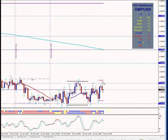Now you can see, look at this candle. That's a failure at the highs and a failure at the resistance for the moment. And this, of course, is Friday's low, which is where it is at the moment. So it's either going to go up again and break out, or it's going to fall all the way back to 58.20 and break down. It's unlikely to stay in here